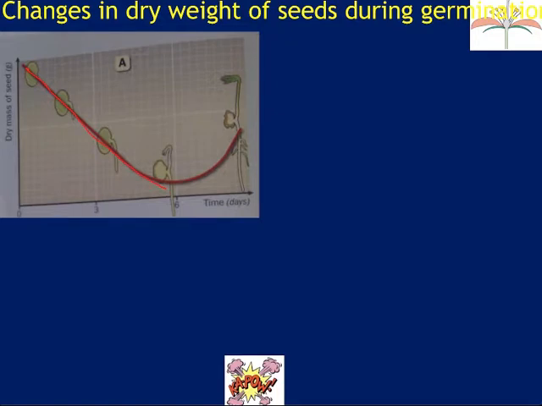It's using up the endosperm. By what process? Digestion. So digestion is going to break it down, so that's not going to change the weight. That would mean the weight would stay the same. Is it fertilization? No, we're way past that now. So we're at the germination stage. We've put it in the ground, and if it was just digestion, the line would stay level because all you're doing is digesting it. You're turning big into small, but you haven't gotten rid of anything.